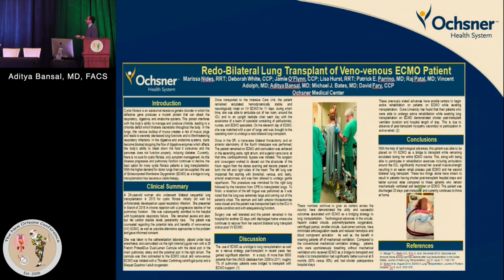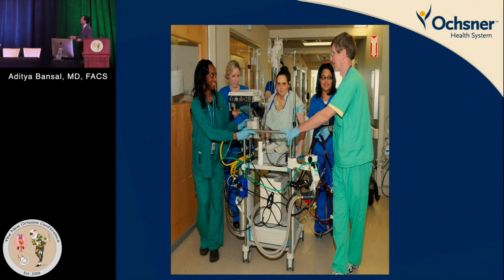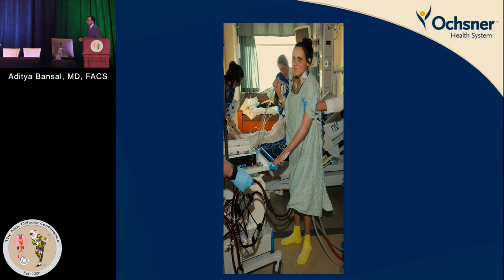As a result of all of these things, you will see a lot of people doing redo bilateral lung transplants, patients being supported with these Tandem devices, ambulatory Tandems, centrally cannulating these patients with the VA ECMO support system. These are the advantages. The technology has really helped in getting our patients to this stage. Doing physical therapy, centrally cannulated, chest closed,